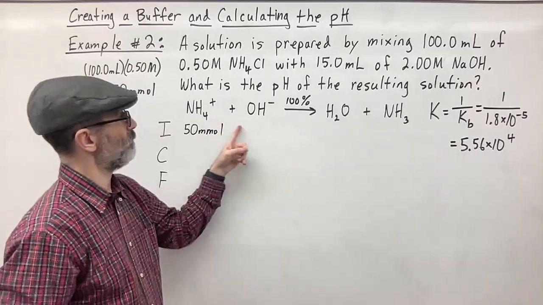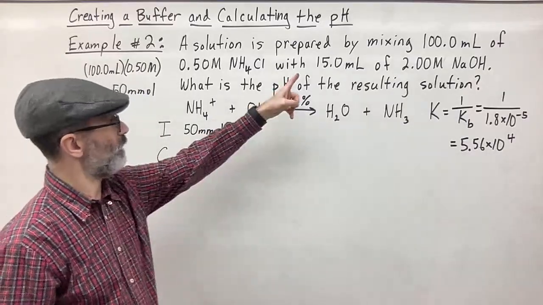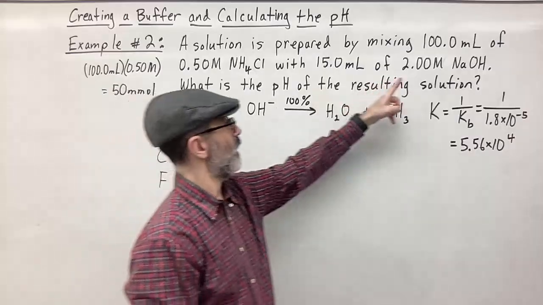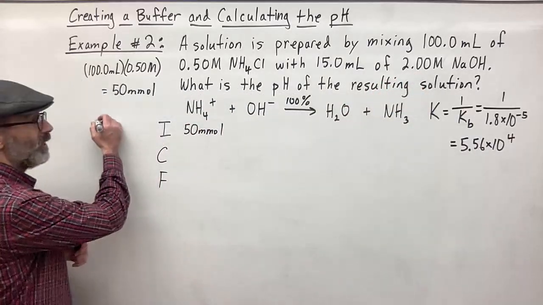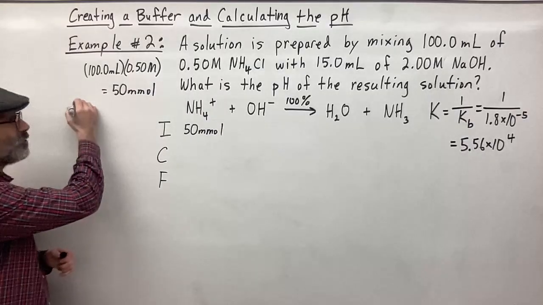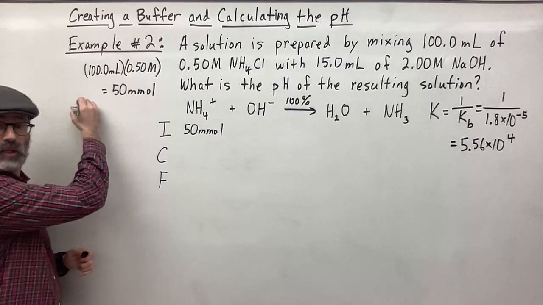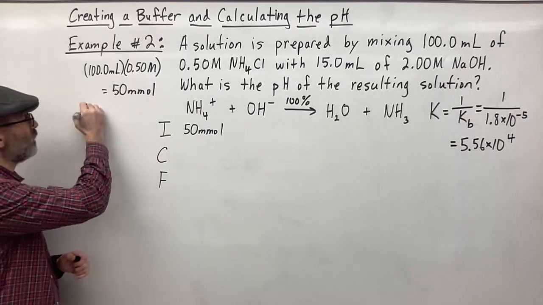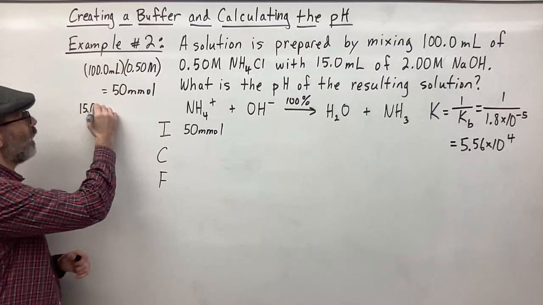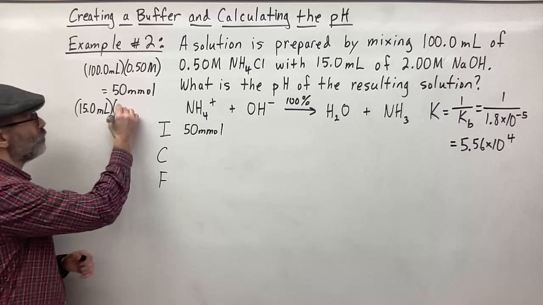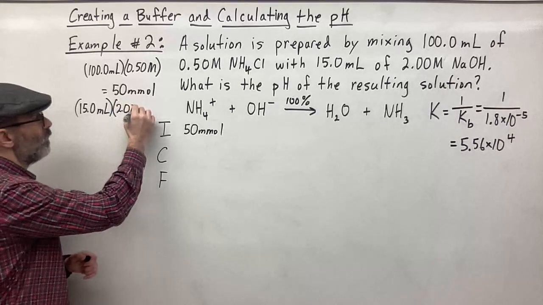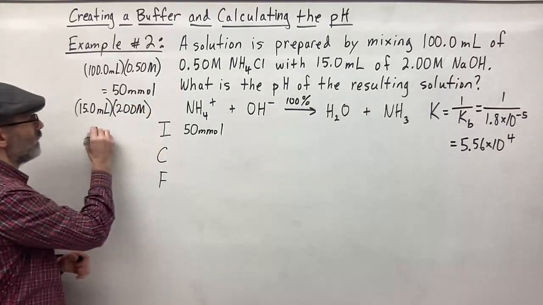Then you could do the same thing with the hydroxide ion. So you have 15 milliliters times 2 molar. If you do that calculation over here, 15.0 milliliters times 2.00 molar. That's going to give us